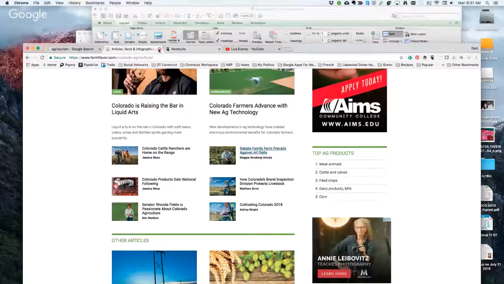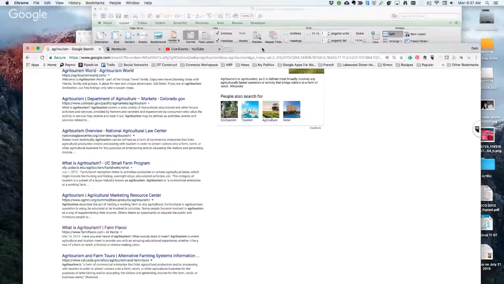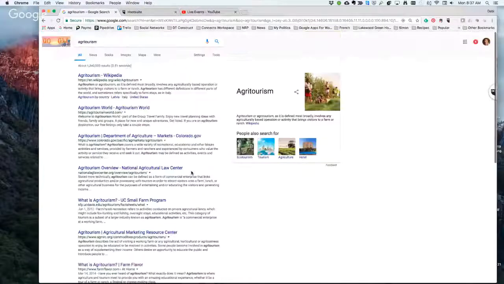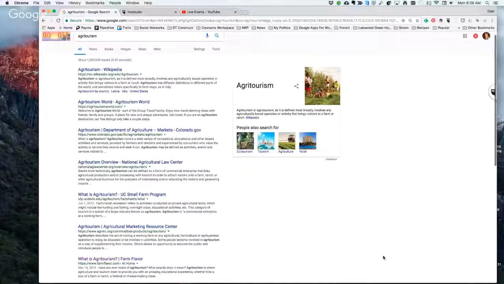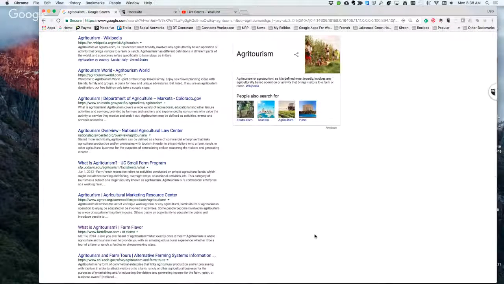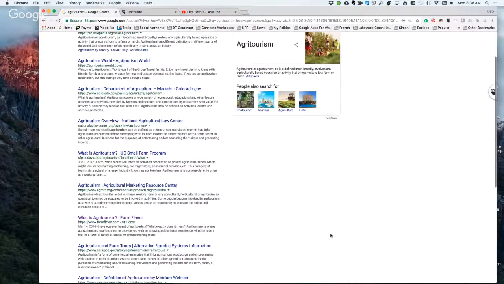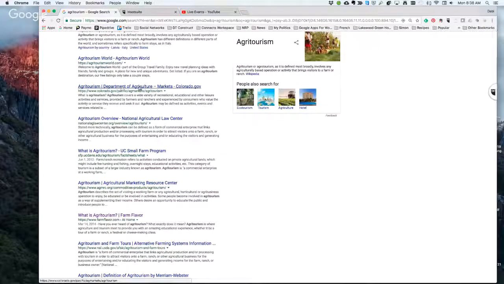Okay, so we're going to close that, go back to our original search, because remember, the objective, if I had a timer going right now, my objective for this block of time was to connect with resources related to agritourism. So what else could we find on agritourism? Agritourism, Department of Agriculture, Markets, Colorado.gov.